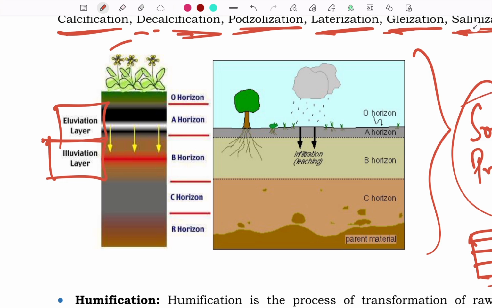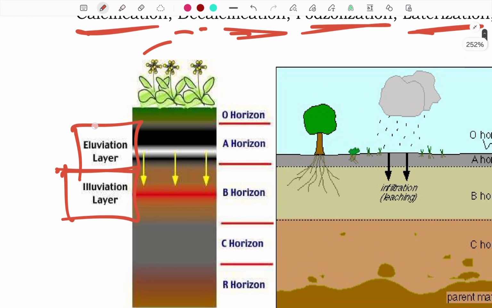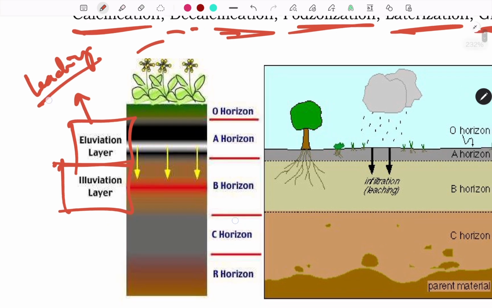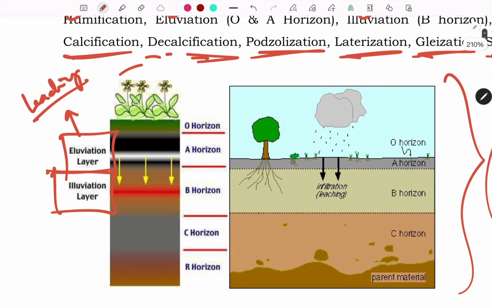The eluviation layer is above the illuviation layer. Eluviation is nothing but leaching. Whatever the materials, whatever the minerals like aluminium,